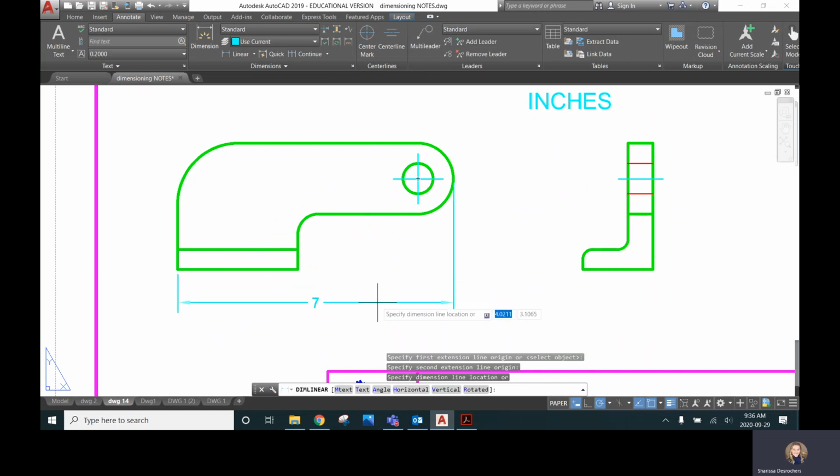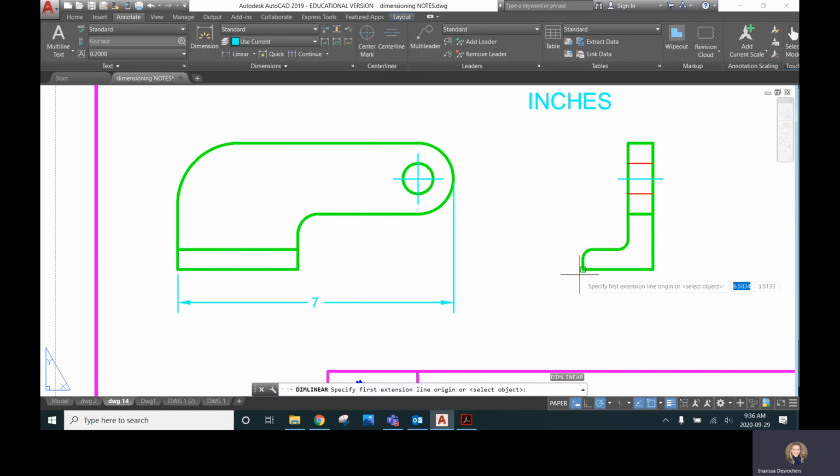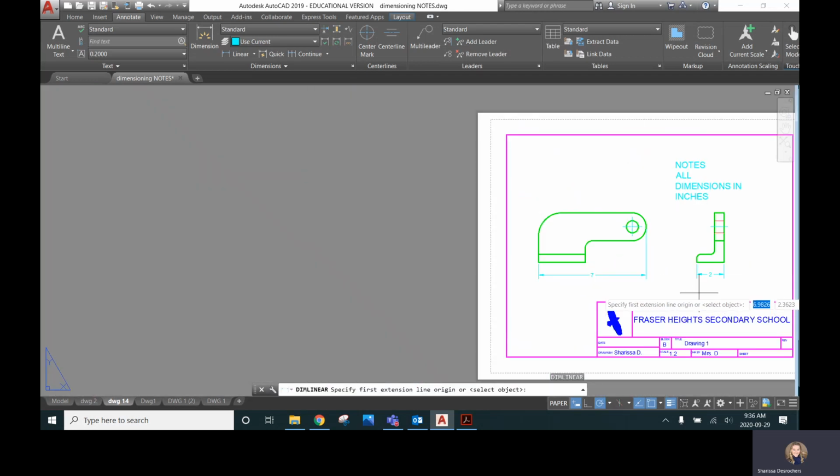There we go. So I got my overall length and we'll do overall width. And now you're like, oh, Mrs. D, it's between the object and the border. Well, there's no other view. There's no view up here. There's no view over here. So ultimately some of our dimensions are going to be between the object and the border because there's no